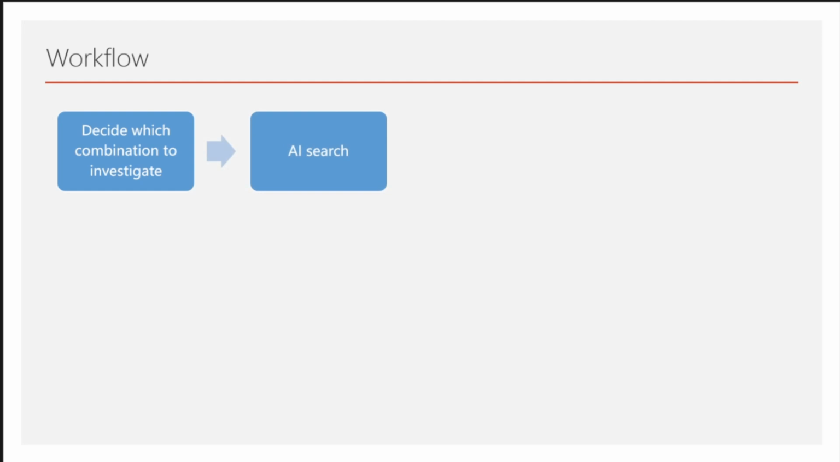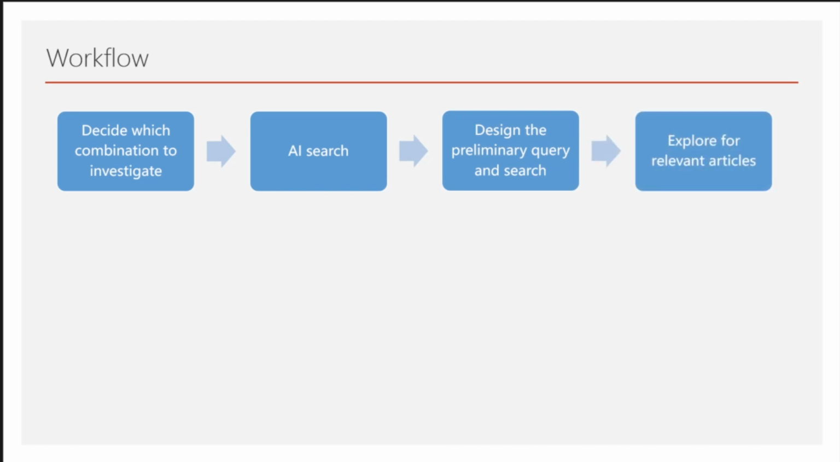Next, I will introduce the workflow. First, you will need to decide which combination to investigate. Then comes the fast AI search. Then, based on the results of AI search and personal knowledge, design a preliminary query and search. Now, based on the seed articles found through the previous two steps, explore for relevant articles. The next step is to formulate a more mature query based on the understanding improved by previous investigation, and then